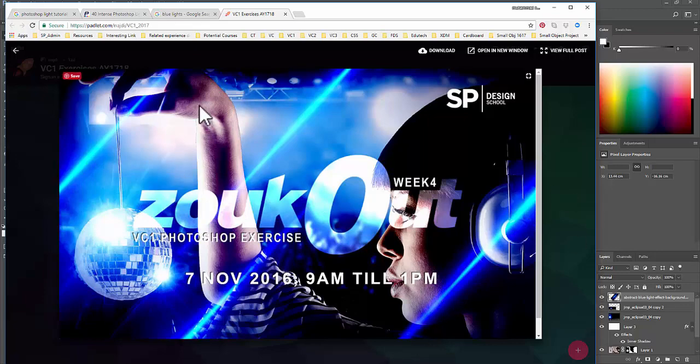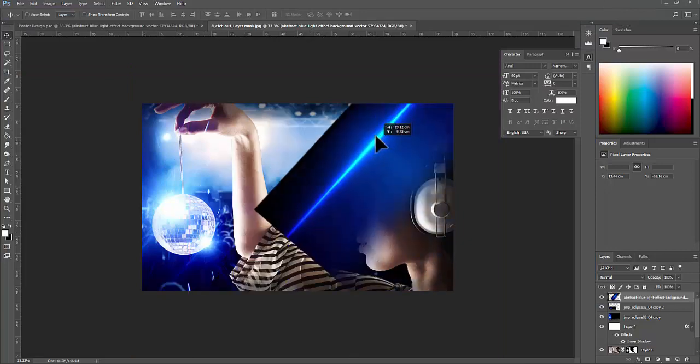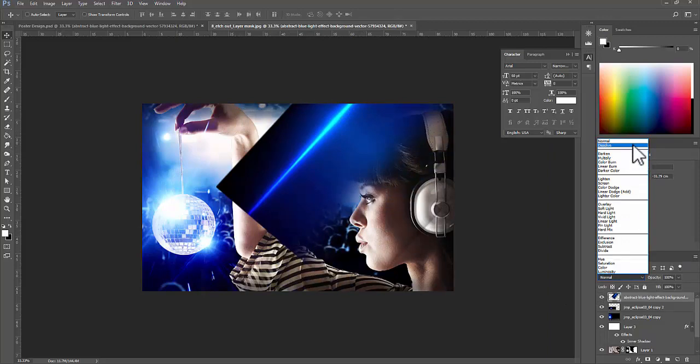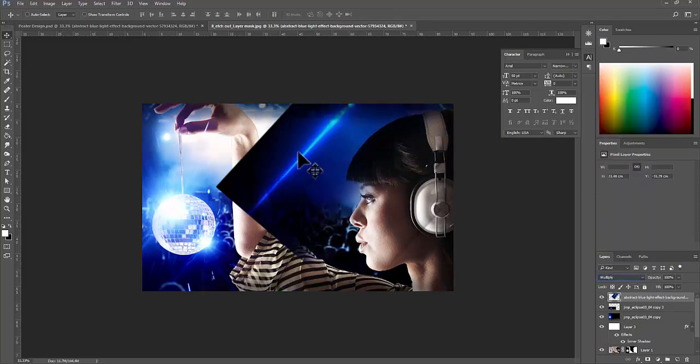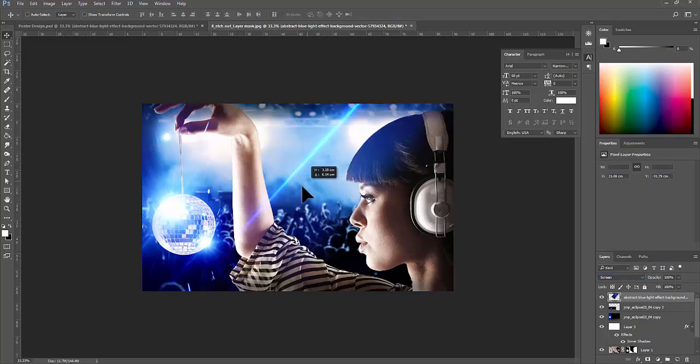Once I copy and paste it inside here, it's the same thing. I change to screen. If I change to multiply, again it will take the shadow, but I want screen mode. Notice when I screen,